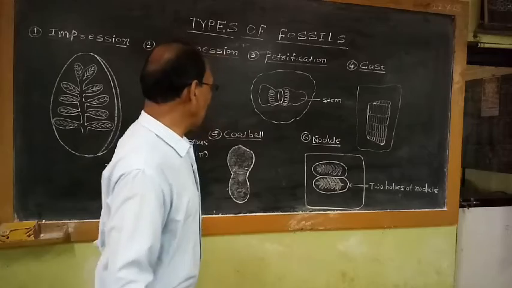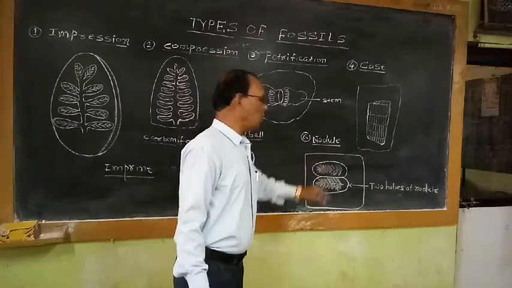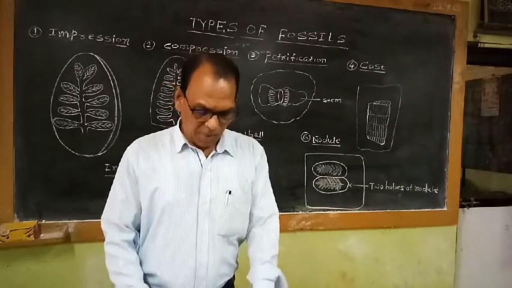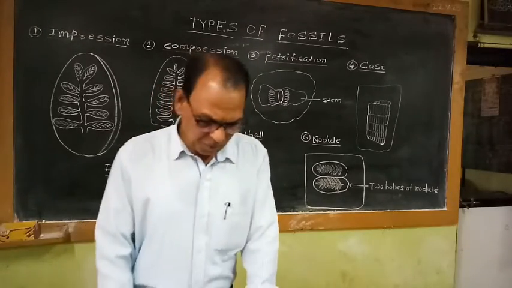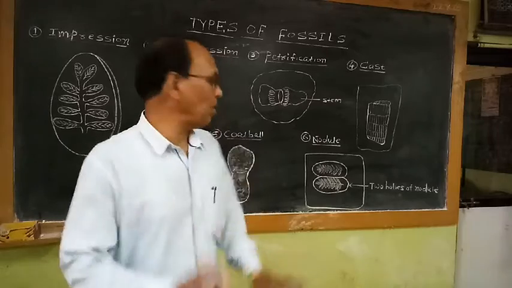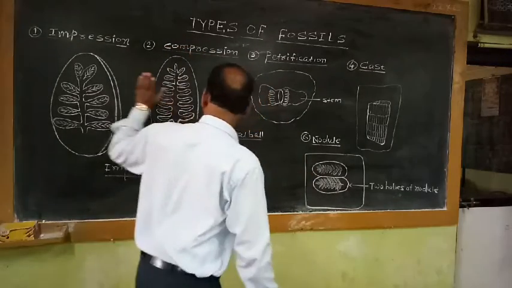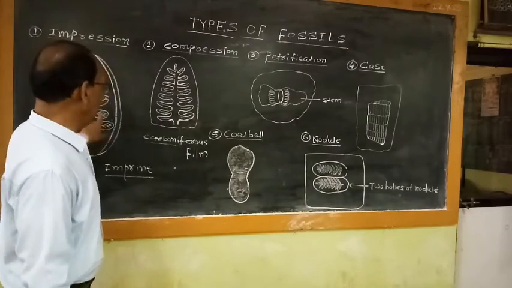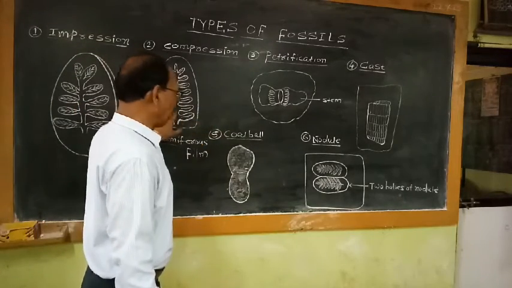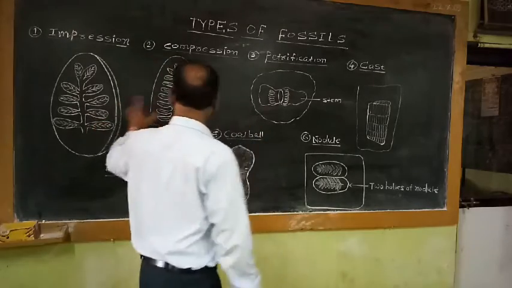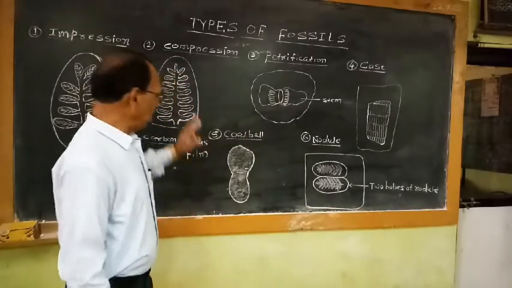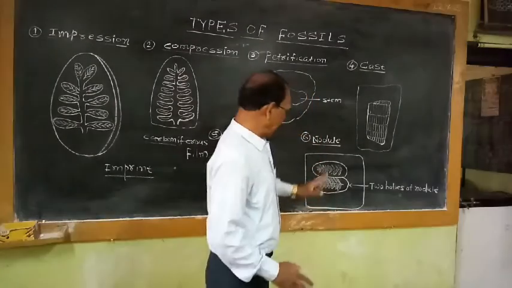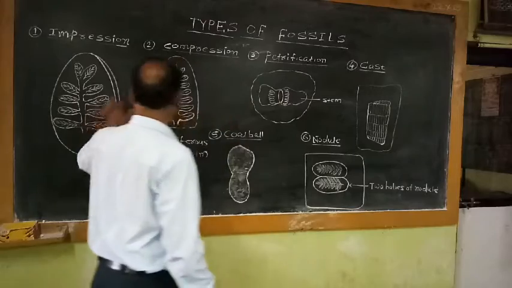Then the last type of fossil is commonly studied under the heading of nodules. In a nodule, plant material is preserved in the form of an impression or compression type of fossil. So if we see this figure, impression type of fossil, first type of fossil. If we see this figure, compression type of fossil. So if we compare these impression and compression fossil figures with this nodule figure, this nodule diagram looks like an impression or compression type of fossil.